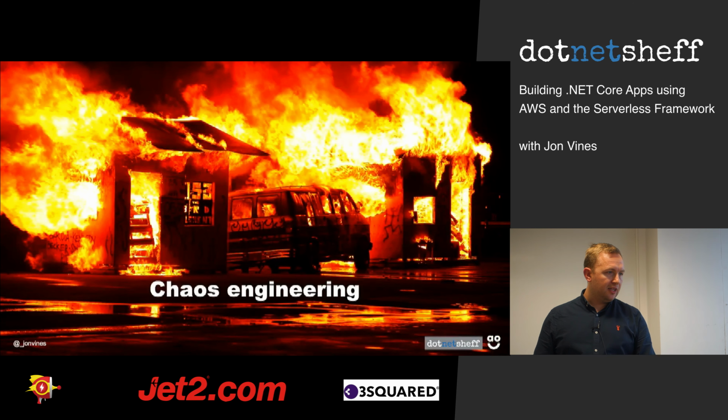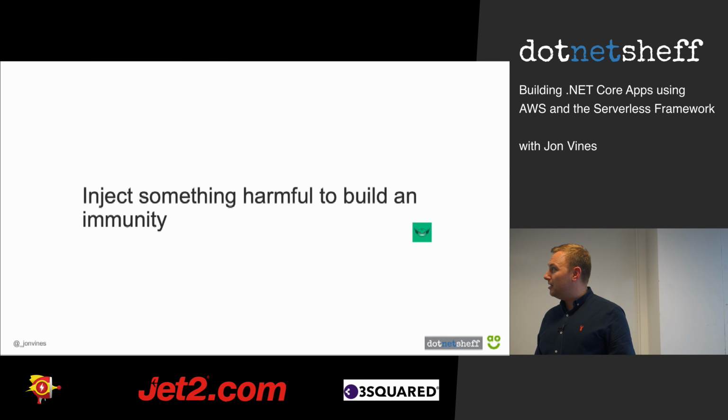So what are some of the things that we learned along the way? Chaos engineering was a big thing for us. We found that it was a lot harder to test these applications just by their very nature. Chaos engineering is all about essentially finding your failure modes in your application. And Gremlin define it as injecting something harmful to build an immunity. That's the general definition of what